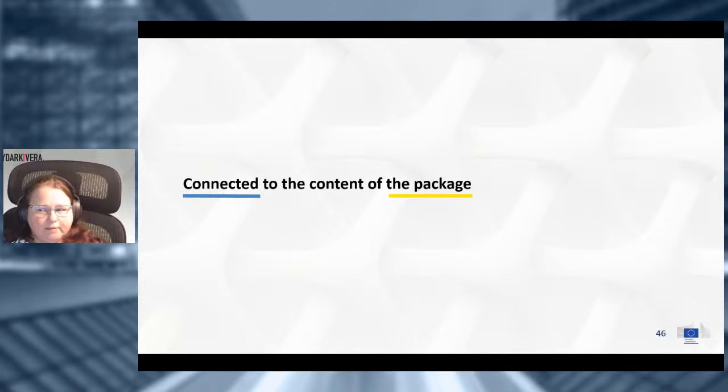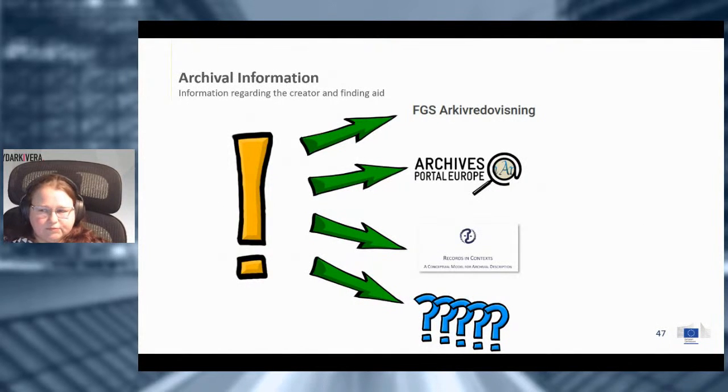I'm not going to leave the packages totally disconnected from the content package. Remember, I talked about the descriptive metadata and the administrative metadata. For the descriptive metadata, we have CITS for archival information. But since so much work has already been done regarding the different ways of describing a finding aid,